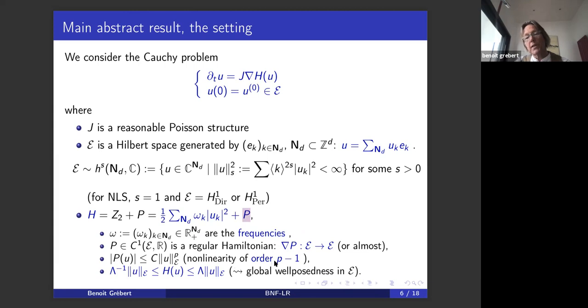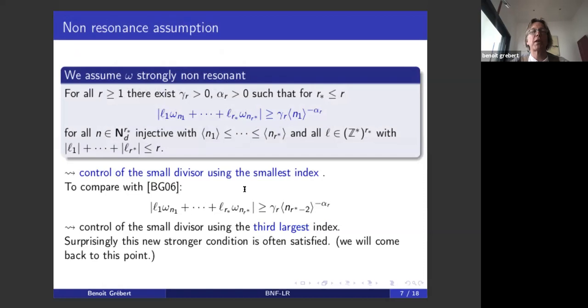Then we assume that the nonlinearity is of order p minus 1, which means that at the origin the Hamiltonian P is of order p. And maybe the most restrictive hypothesis is that the Hamiltonian is controlled by the energy norm, but also controls the energy norm. So we have these estimates, and this is related to the global well-posedness of the equation in the energy space. Okay, so now I have to go to the most important assumption,